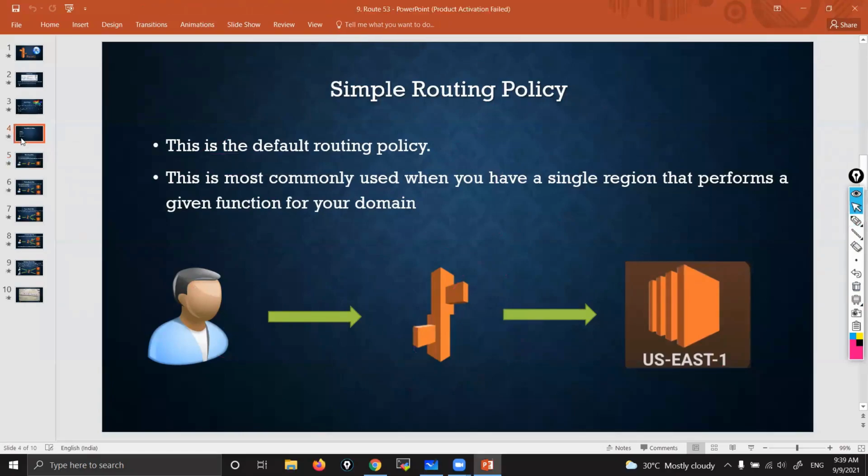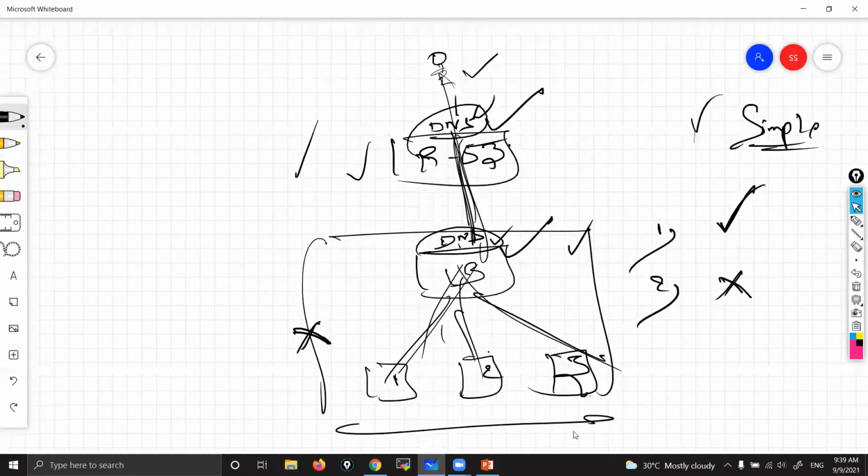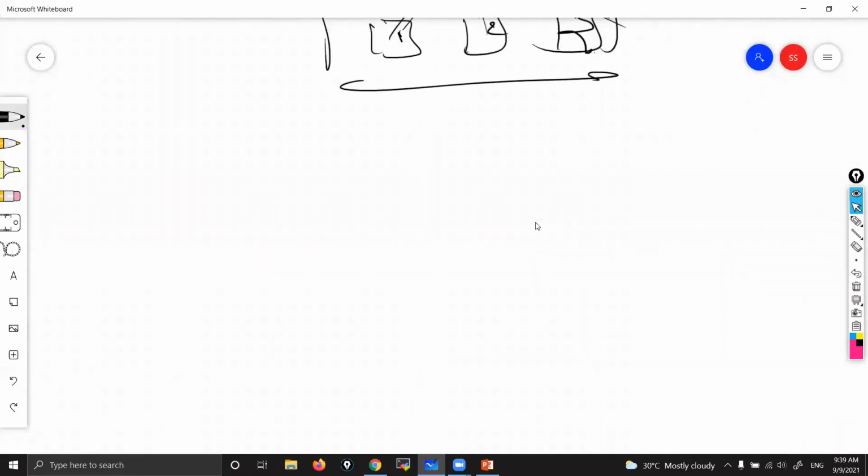The next one is the weighted routing policy. Weighted means, in all other routing policies, you connect multiple regions. Let me show you. This is one region. This is one more region.